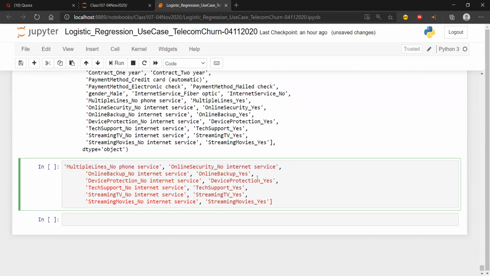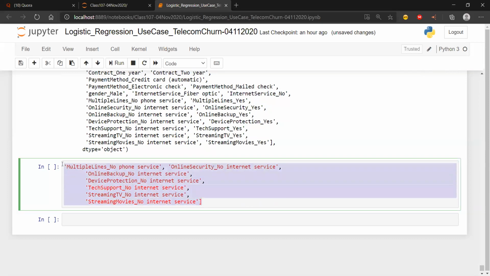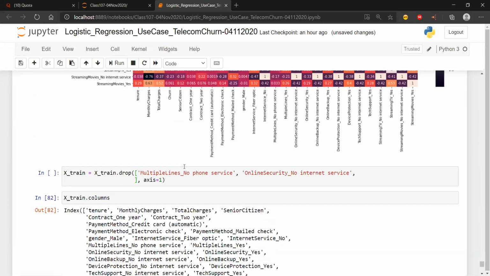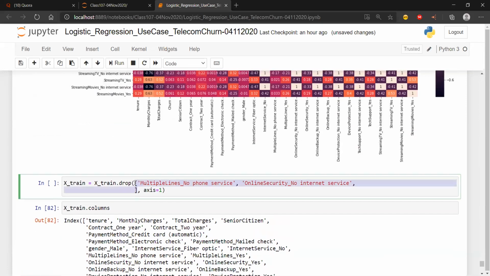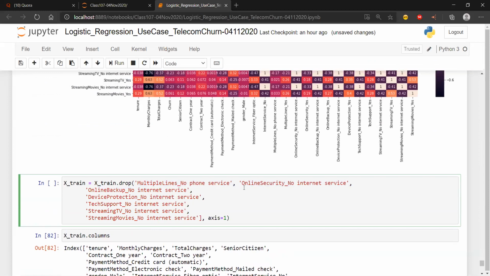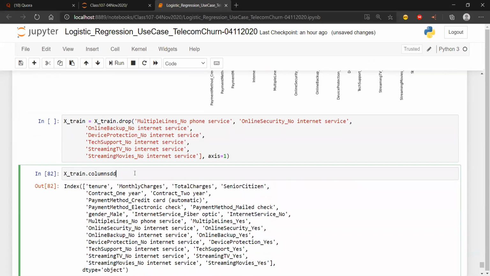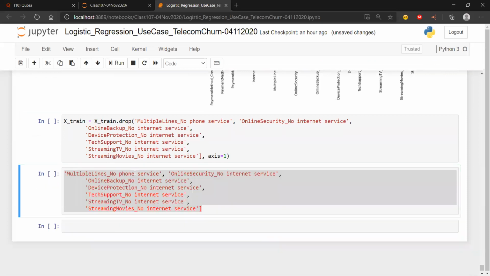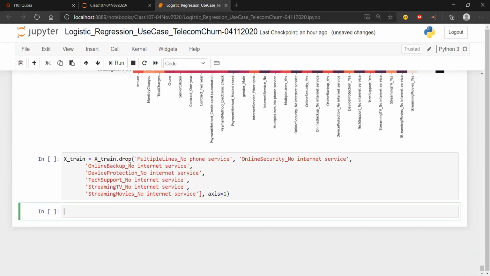This is easier, right? This is easier. So I'll get rid of yes. This is a very easy way to get the list of columns that I need to remove. So yes, I think this list is fine. What I'm going to do, I will take this over here and put it over here, right? I hope I have done the right thing, and I will delete this. I will also delete this, and